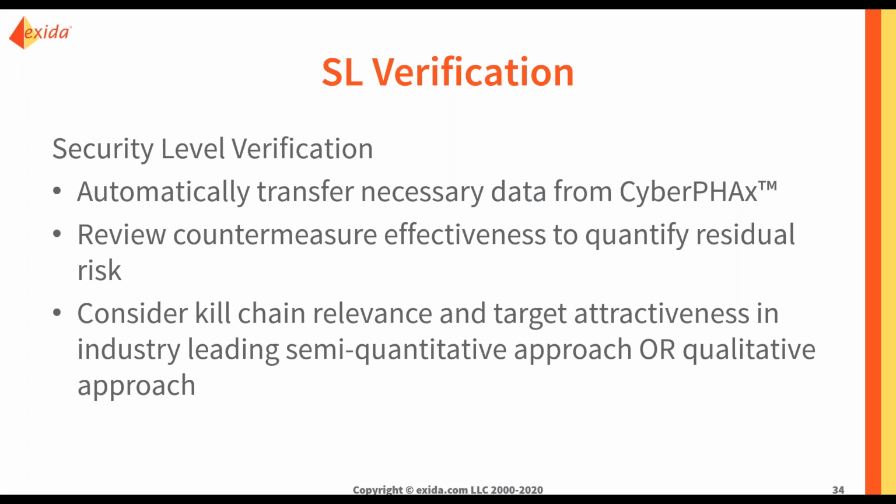And this allows us to review our design countermeasures and ensure that we're bringing the risk for that zone to a low enough level. And there are a couple of different factors that we can also look at here. So target attractiveness can be looked at as a modifier here to see how much that will increase the likelihood of an attack for an organization. We can look at the kill chain relevance or other types of cybersecurity models to see if, due to the number of devices that would need to be compromised or the pathway that the attack would need to take, the likelihood is either, say, more or less